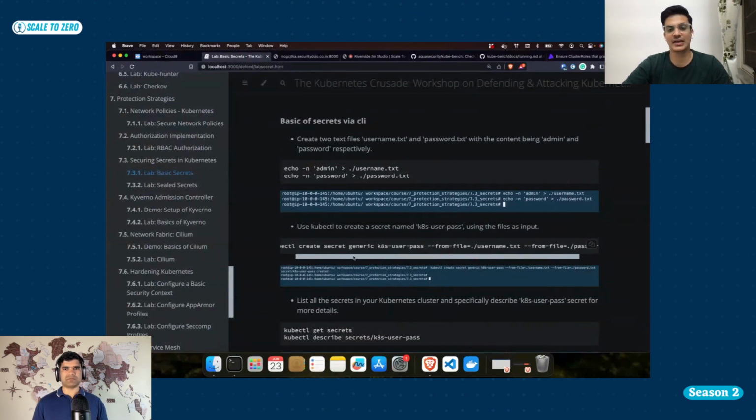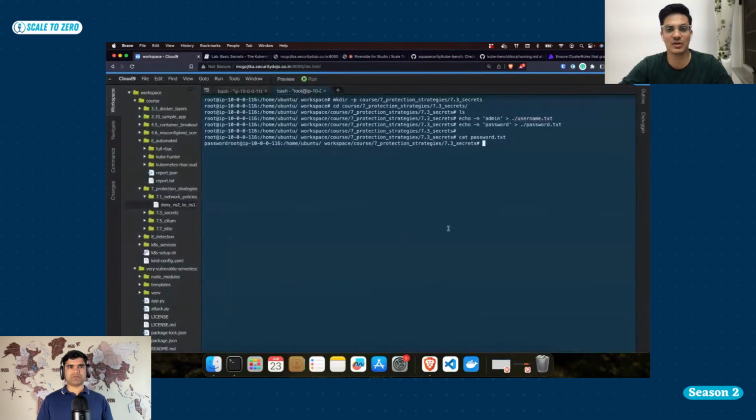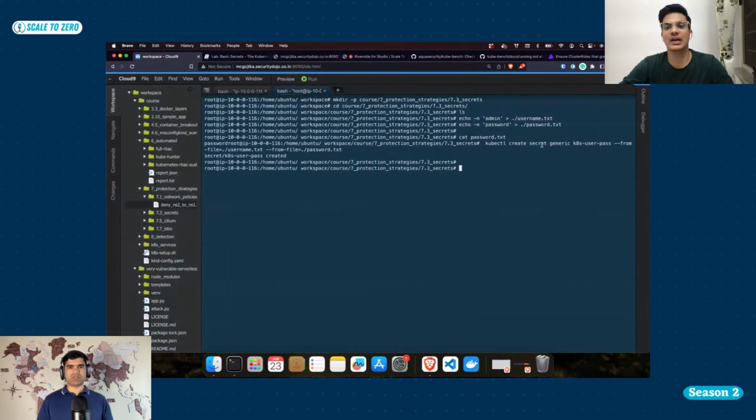I'm creating a secret and I'm just giving the generic type. There can be different types, but for now we'll focus only on the generic, because then we will move in a different direction. So I just want to keep this sorted. So I'll quickly create the type generic, like the secret type generic, and this is the name of my secret, KTS